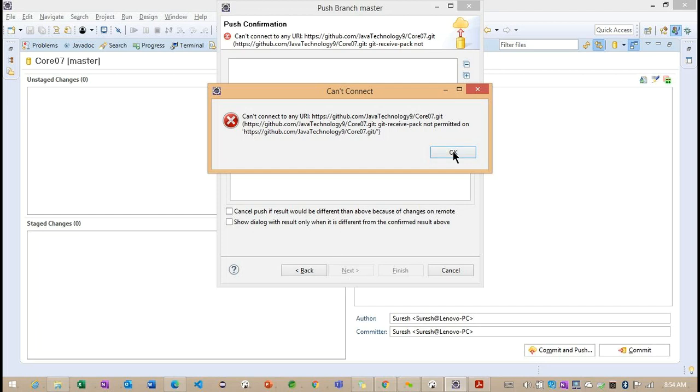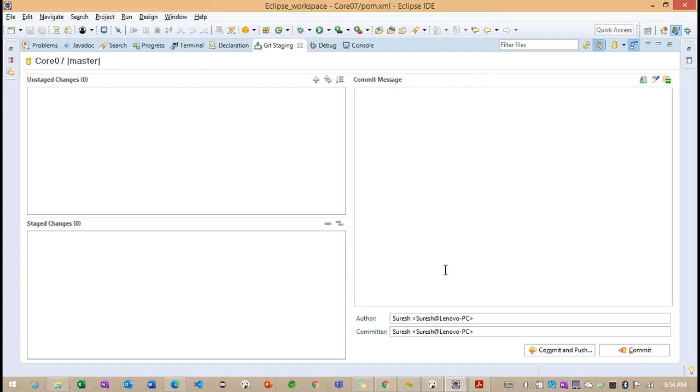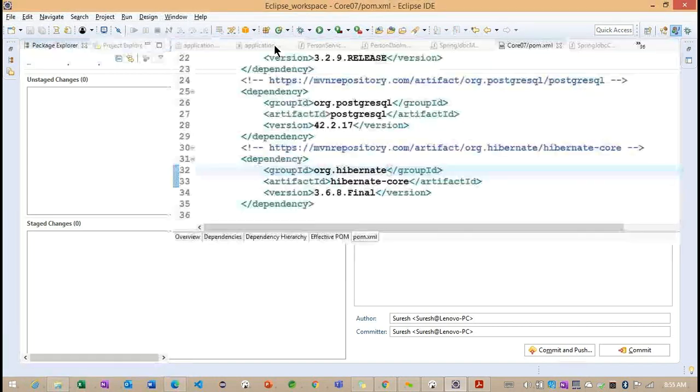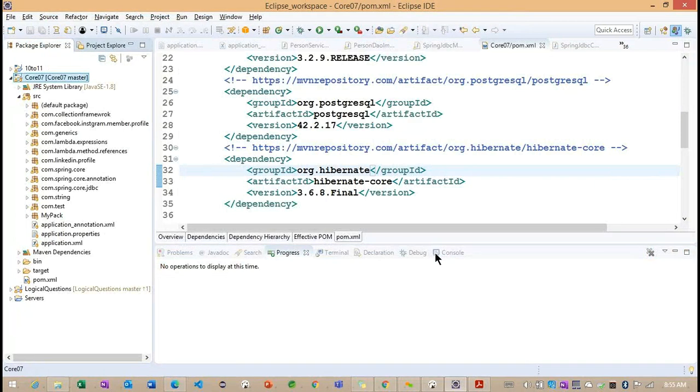Git receive-pack not okay. So what I will do, I will try to download the git command here, so I will check with the git command whether I'm able to commit the code we discussed as of now or not.